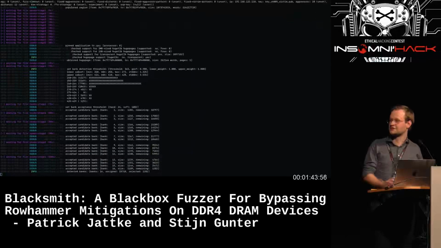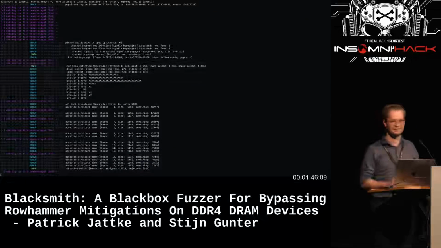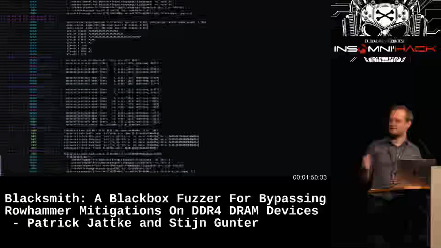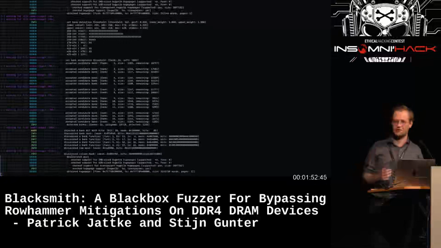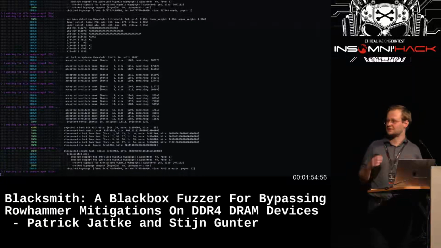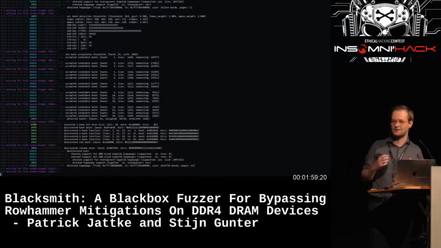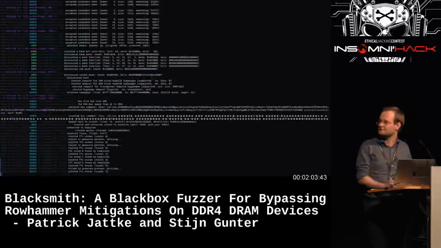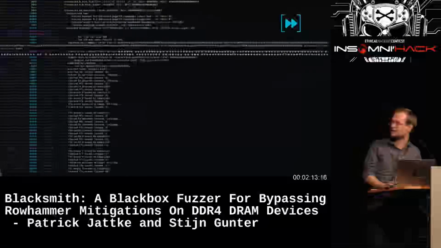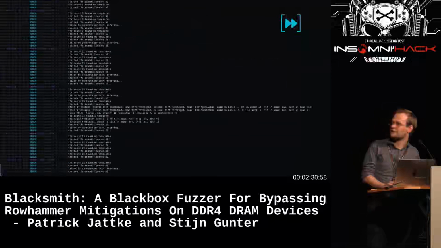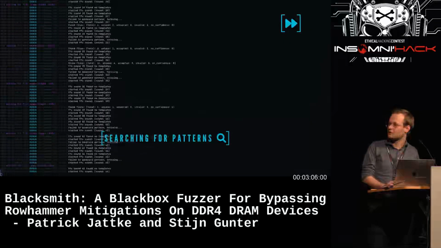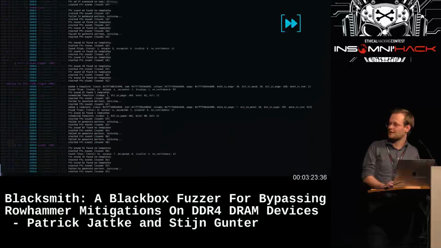And once this reverse engineering is done, we can start our templating phase. Essentially what this means is that we are going to start generating patterns at different locations, and we're going to try these patterns out until we've hit a pattern that's both effective enough and that results, if applied, in a public key whose modulus we can actually factorize, right? So what we've done now is we're starting to try, it's sped up, all sorts of Rowhammer patterns. And this will take a while